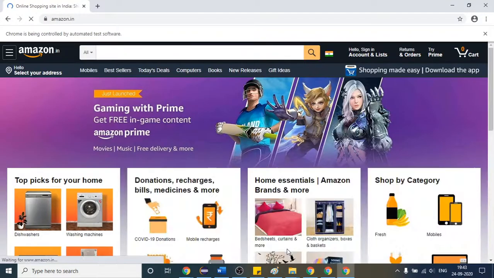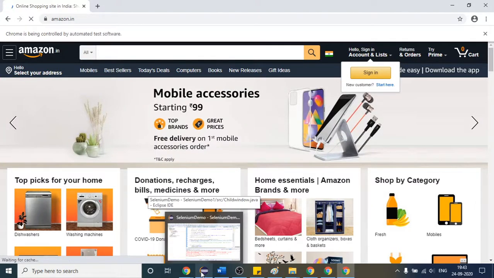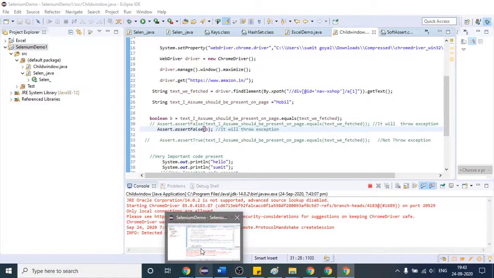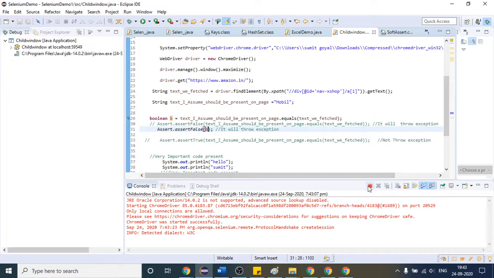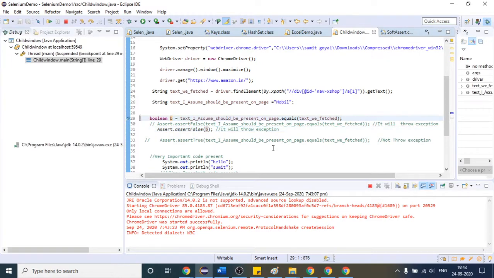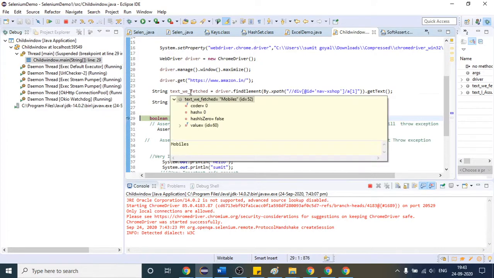After that, the website has finished execution, and then this time our code will stop because we have put one. I think I have not put the debugger, so it will not stop, and I have to run it again. Okay, I think it has stopped. So see here what I am doing. This is the text we are fetching, capital MOBILES.